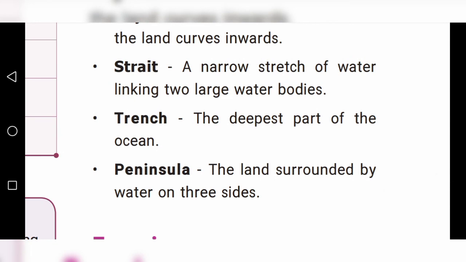Trench means the deepest part of the ocean. Last one, children, peninsula. Peninsula means the land surrounded by water on 3 sides. Okay, children, we finished this lesson, land and oceans.